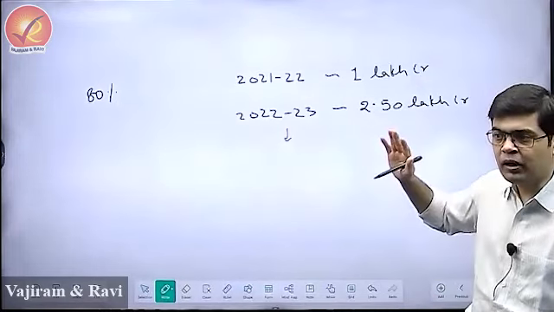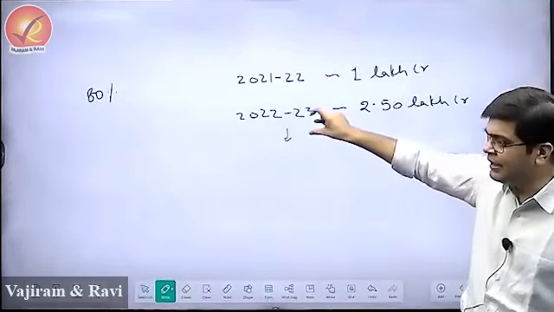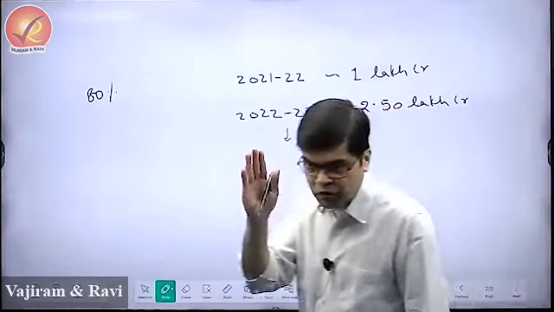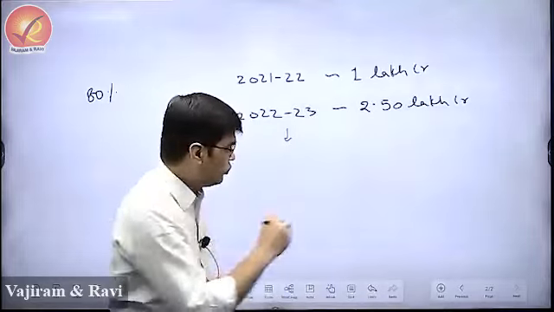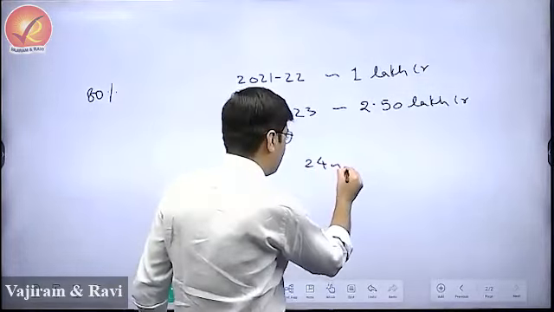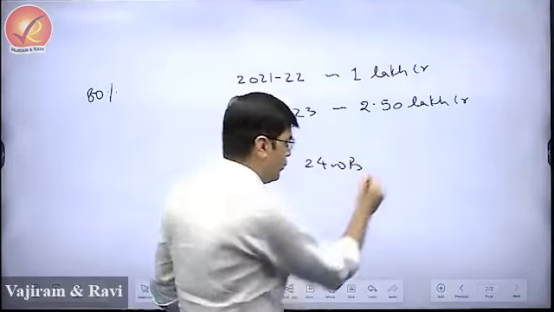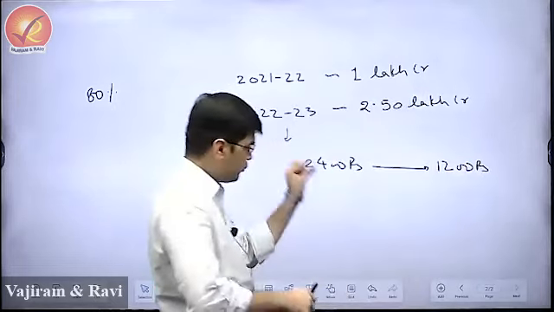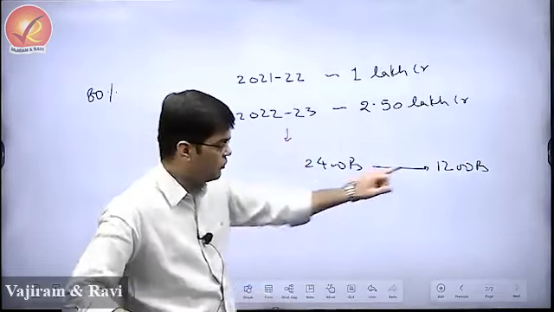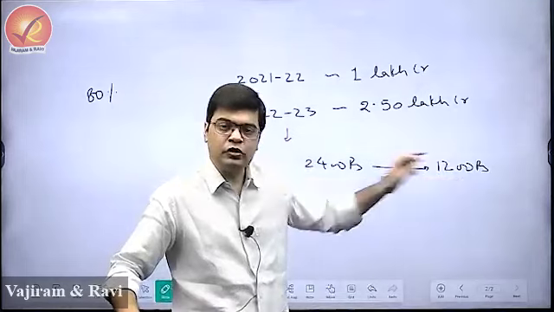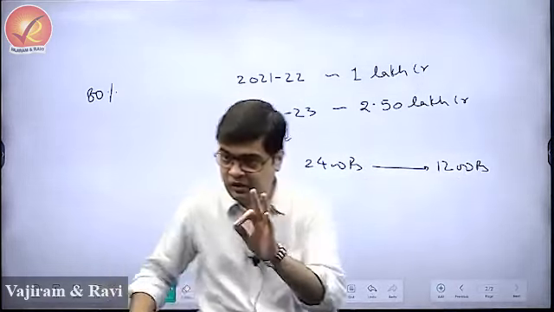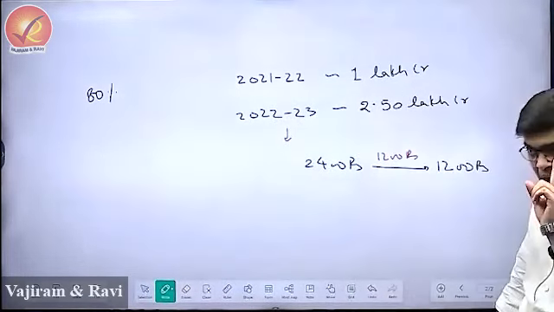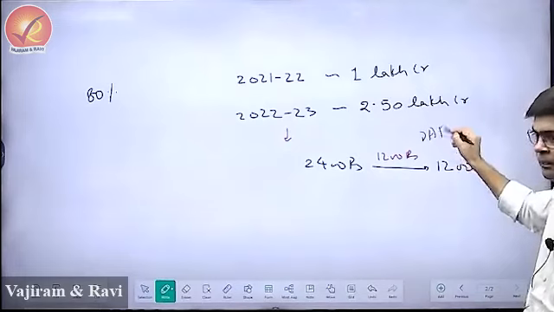So government said that we are going to increase the subsidy on DAP as well. This is a bag of diammonium phosphate. It used to cost around 2,400 rupees. It was given to the farmers at the rate of 1,200 rupees. The first was the cost of imports and production, and the second was the price at which it was given to the farmers. That means the subsidy given was 1,200 rupees on a bag of diammonium phosphate.